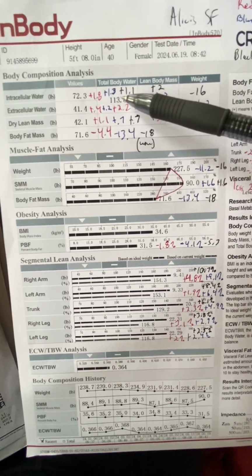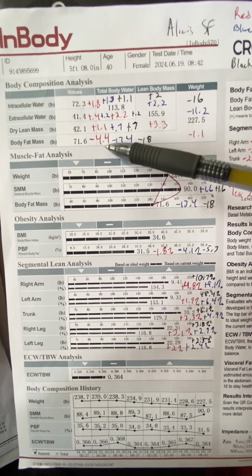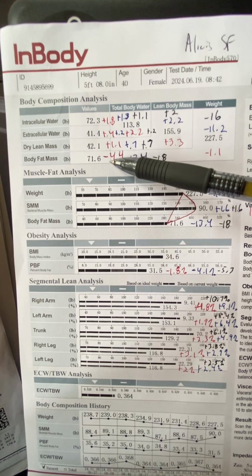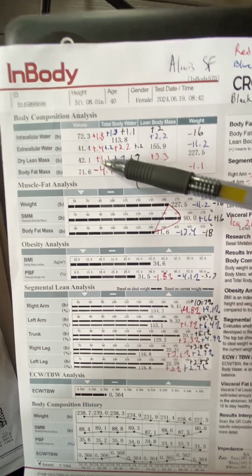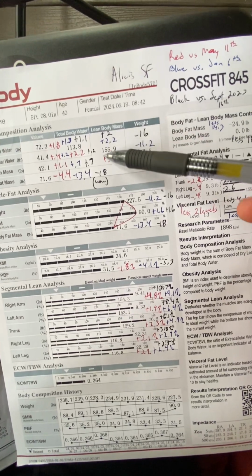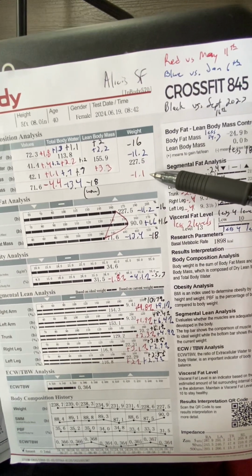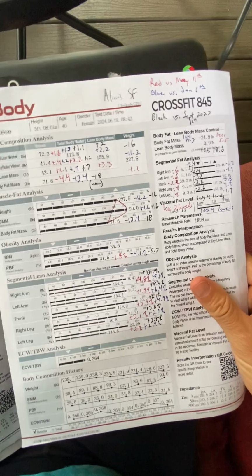You increased water weight 2.2 pounds. You increased dry lean mass muscle cells 1.1 pounds. And you lost 4.4 pounds of body fat. So you were losing about 1.1 pounds of body fat a week, and you were gaining a quarter pound of muscle a week, which is tremendous. So your lean body mass is up 3.3 pounds, with 2.2 of that being a water fluctuation and the rest being muscle. So it's only showing your net loss at 1.1 pounds, but the transformation that happened was significant, and you can see that in the next